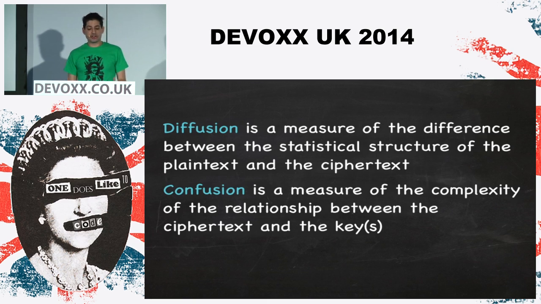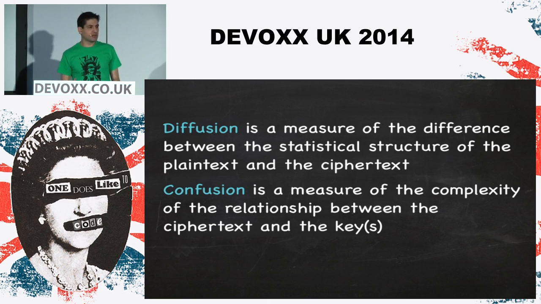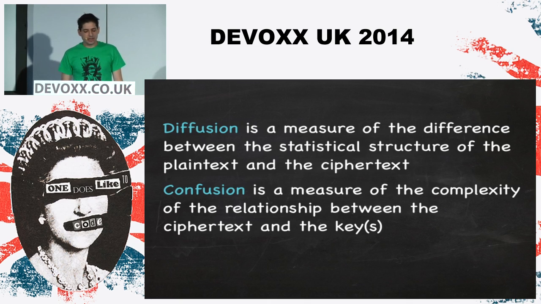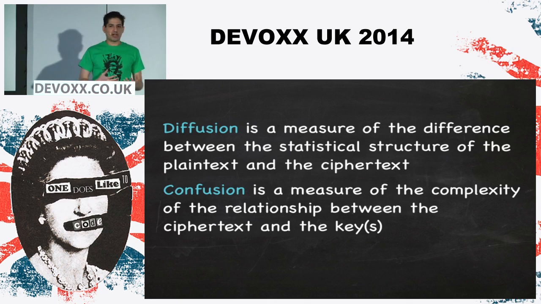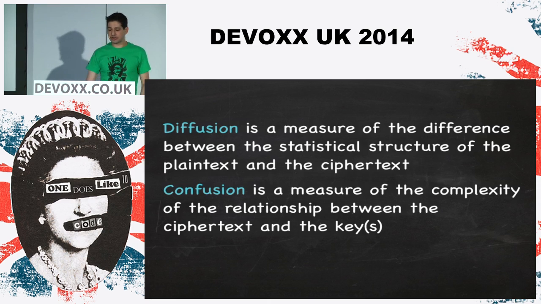Another one is confusion, which is the complexity relationship between the key you're using to encrypt and the actual message. The reasons why confusion is really important are somewhat buried in the mathematics. But generally, the idea is, again, that a public key is available publicly. So if there's too much information in the public key and how it relates to the messages it's encrypting, then that's a weak spot and it can be exploited.